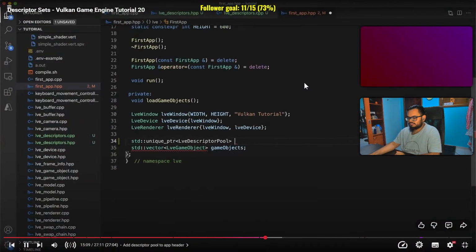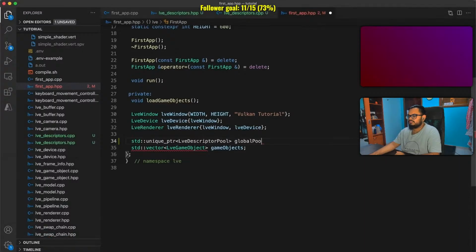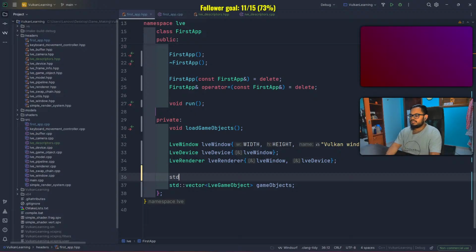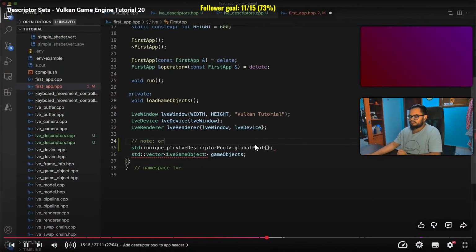The way I plan to structure things is that any descriptors that are shared by multiple systems can use this global pool object, std unique pointer of descriptor pool, global pool. If the system's lifespan is temporary and allocates descriptors using this global pool,